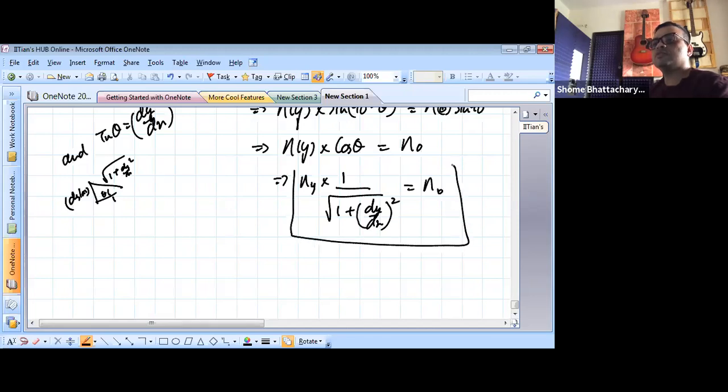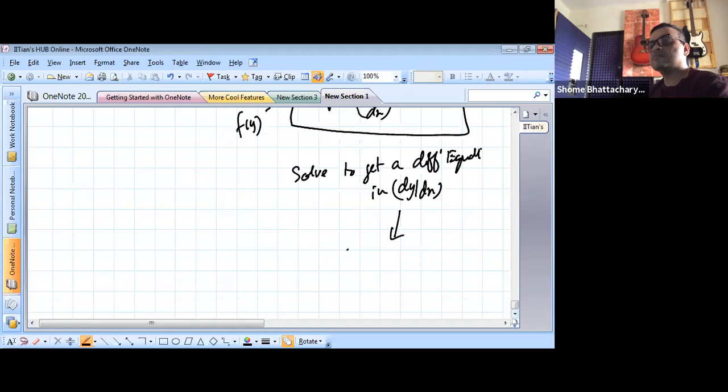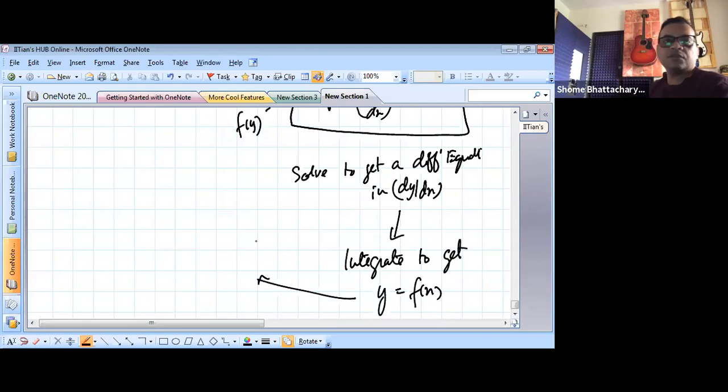and now we can solve this, whatever that function is. This is some kind of function of y. So we will solve this to get a differential equation in dy by dx. And then next thing is we will integrate that to get y as some kind of function of x. So that will give us, but whether it is a cycloid or not, we can't tell. It depends on the function. So that will give us the equation of trajectory